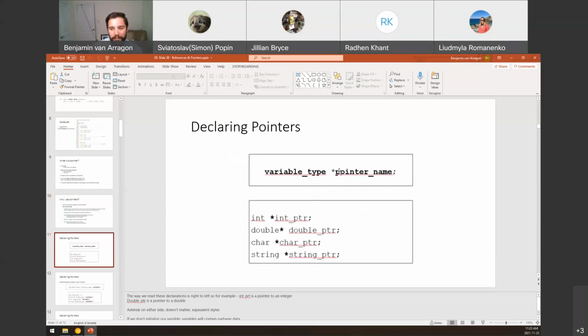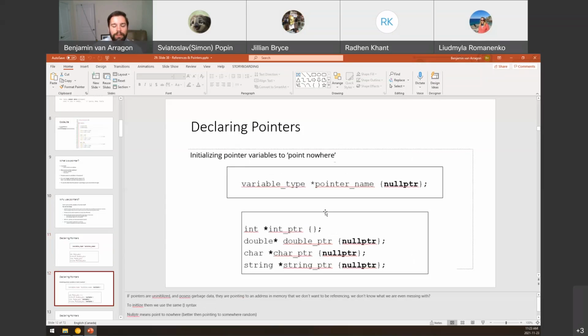So how do you declare them? Remember, we use the asterisk symbol in front of, and you can put it on either the type of pointer you want to point to, or on the pointer name. Doesn't matter. And remember, we always want to initialize our pointers. So here we're initializing it to point to nowhere, or 0, a null pointer. Do this if you don't know what you want to point it to and you just want to initialize,